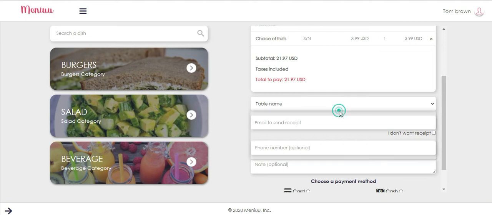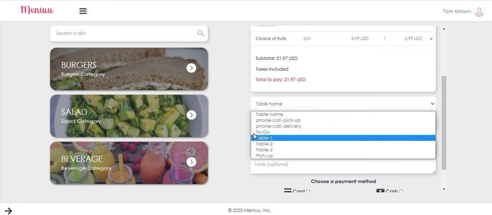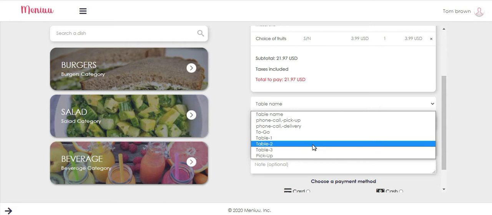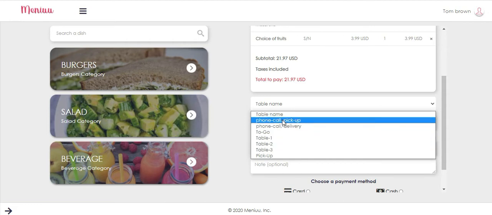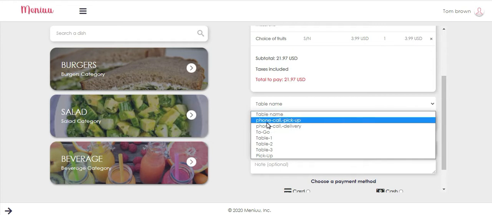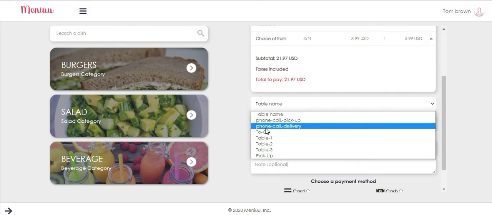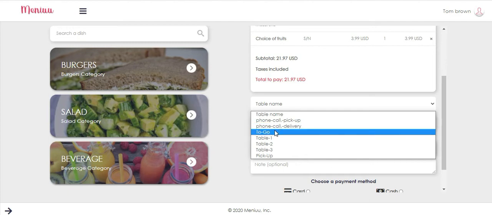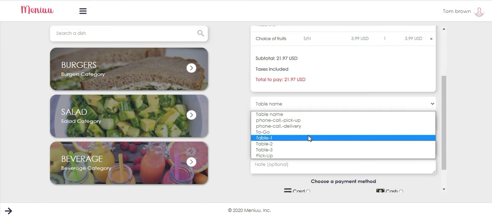So now we will select. You can also edit all of these options. We will also have a tutorial for that. So right now, let me just quickly explain to you. You can select either phone call, pickup, when they call to order, and they go pick up the order. The phone call and they order something and will be delivered to the customer. To go, which is the person that arrives at the restaurant and wants to take out. So right now we will select